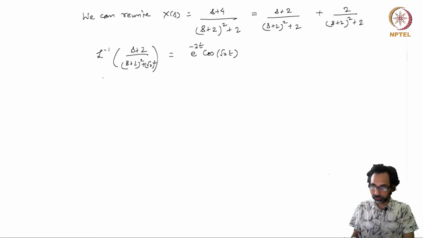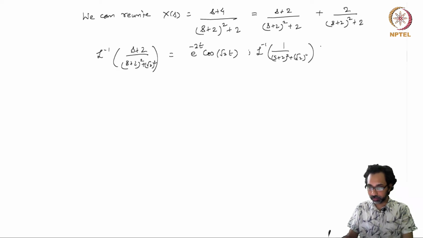So this is for the first term, and similarly for the second term, L inverse of 1 over (s plus 2) whole square plus square root 2 whole square, and this is nothing but